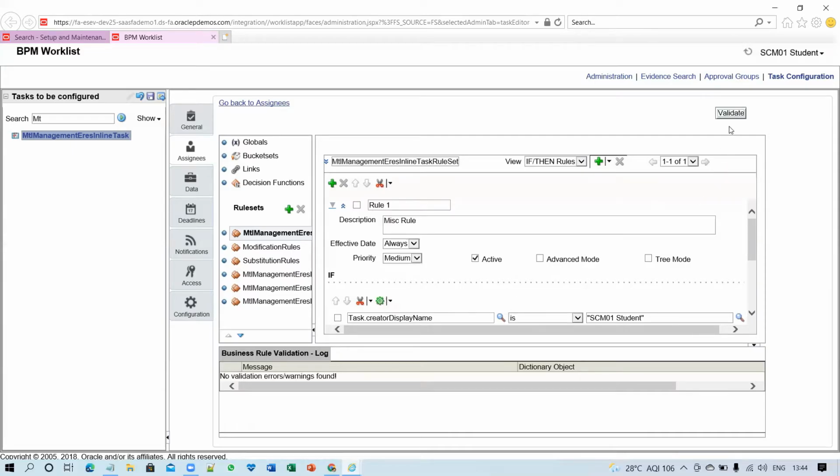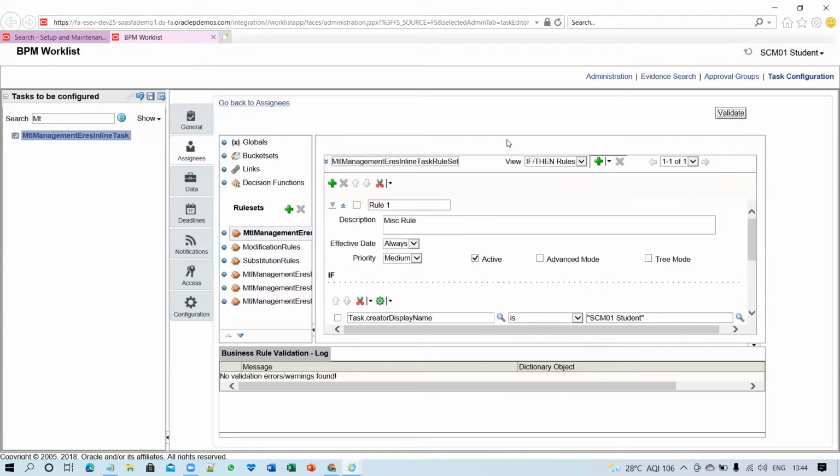Now after that, once you have added the condition, you have to validate your rule. Once you validate your rule, you have to make sure that there won't be any error with respect to your conditions. If that is occurring, then you have to resolve that error accordingly. So as I can see, there is no error, and we are good to proceed further.